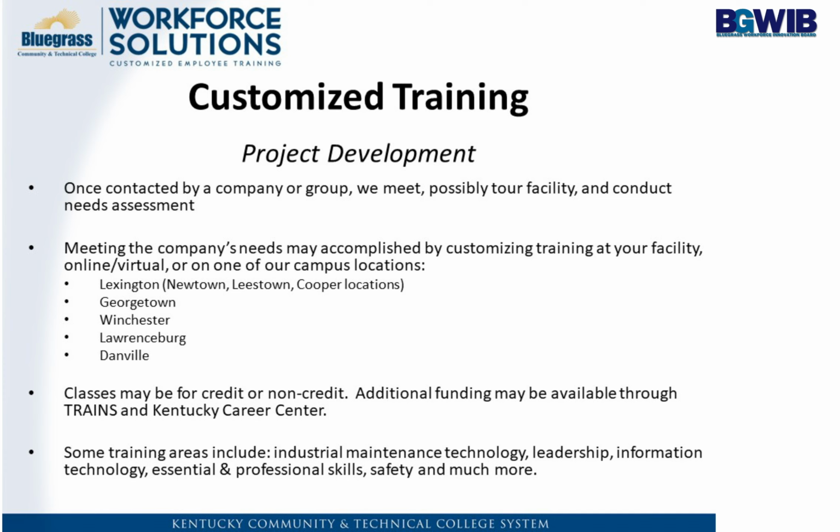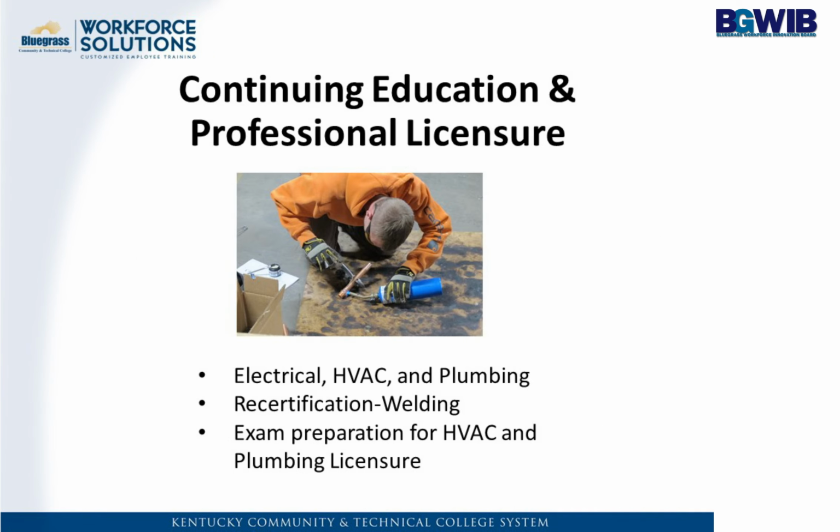So our highest and most requested, we'll call it, training area is industrial maintenance technology and the technical skills that go with that. Just a small percentage less than that is the most requested, and that's leadership. And that can be entry-level supervisory, that can be executive management and executive leadership in all kinds of environments, and training around that. You'll see information technology is next. And then we do an enormous amount of training around essential skills and professional skills. And I'll give you some examples of how we tap into that and some of those topics that are available